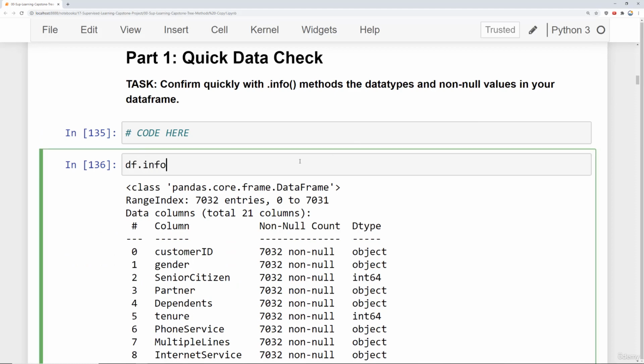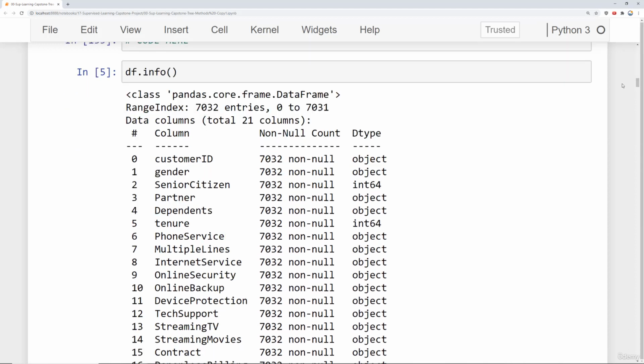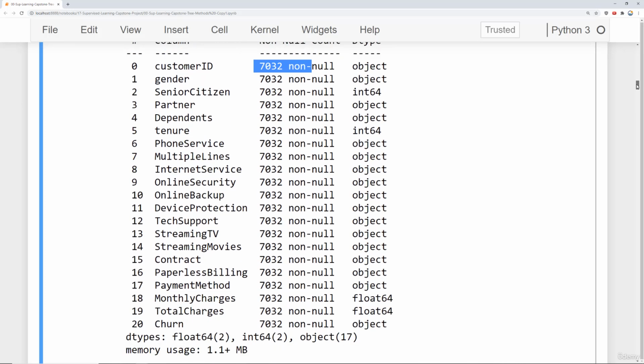It's just to call df.info() to get an idea of what columns you have available, what their object types are, etc. And here we can see we have around 7,000-ish rows. Essentially all of them are not missing anything. You can see by comparing the number of entries versus the non-null numbers, and if they match up, it means you're not missing anything, although we'll double check that later on in this notebook. You can see that the vast majority of these data types are objects or strings, and there are only a few numeric types, so that's a good indicator that we'll need to convert things into dummy